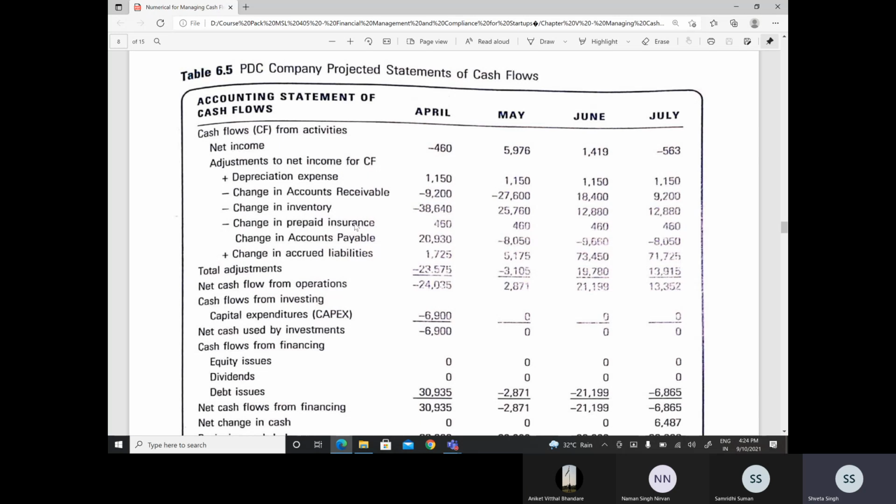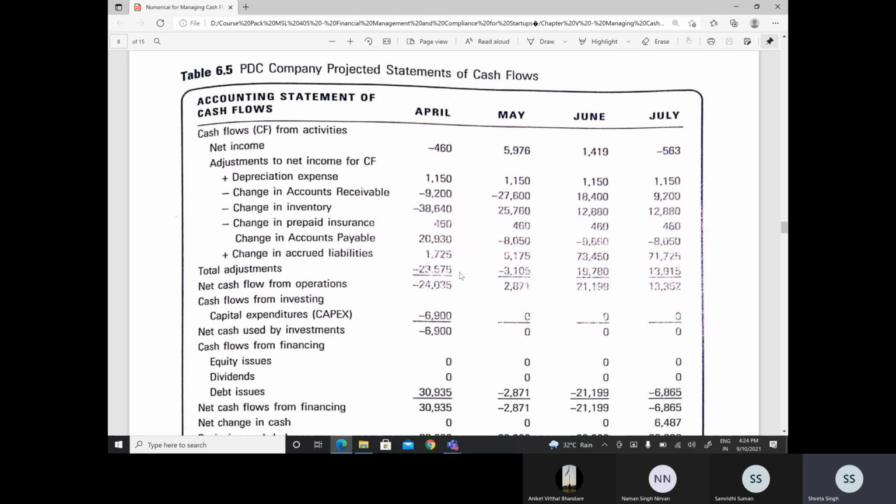Any increase in prepaid insurance we subtract, that is 460. Plus we add any increase in accounts payable. So basically any increase in liabilities is a source of finance, so you add that, so there's a plus sign here. Plus any increase in accrued liabilities is added back. The total adjustments, that is the addition of all of this, gives us minus